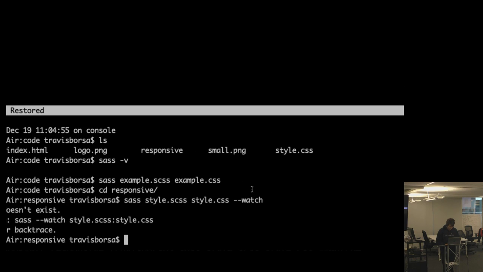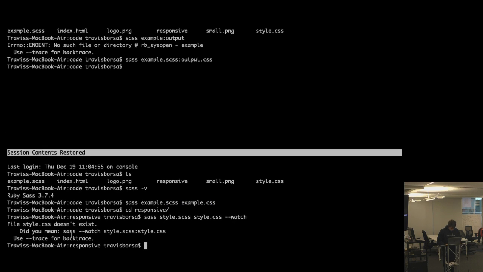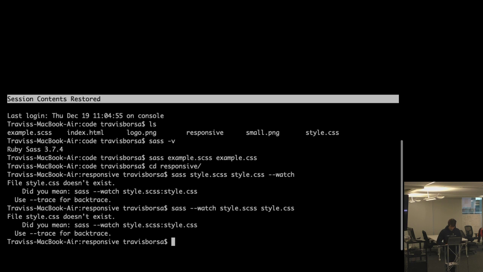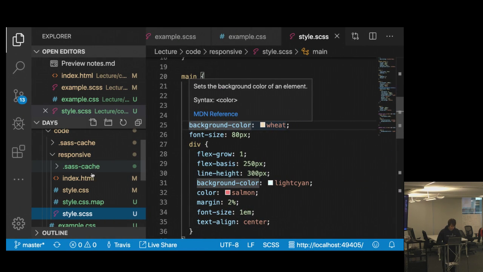Uh-oh. Oh, yeah. So we need our flag leading. And it wants us to be a little more clear with our input-output when we're using that flag. So we got the initial output here,